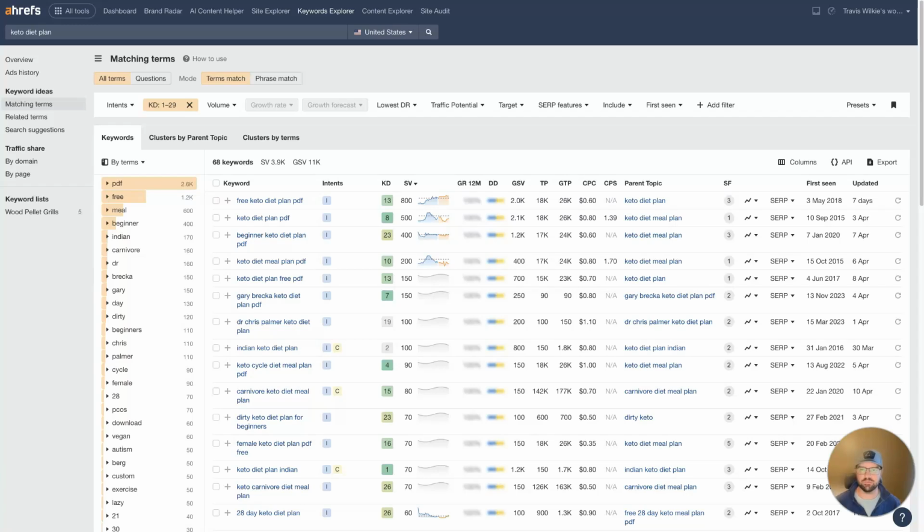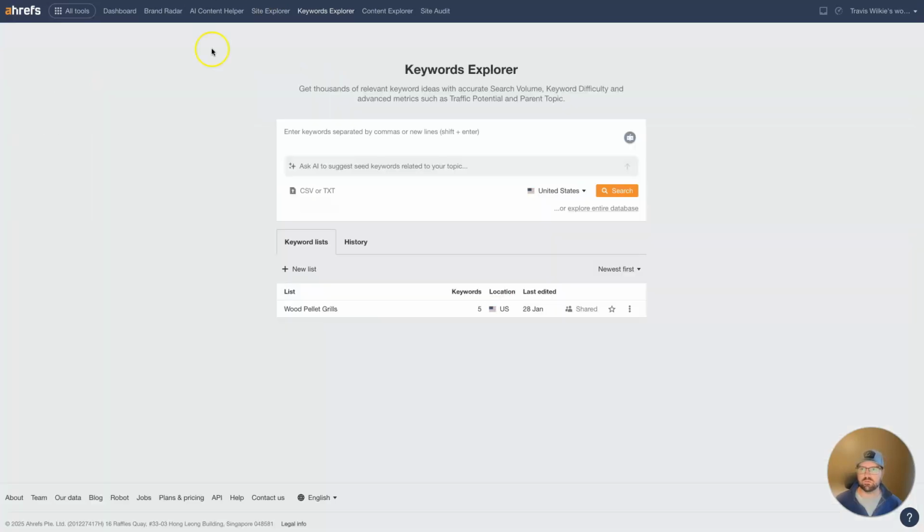Let's take a look at how to find low competition keywords with Ahrefs. Now, if you don't already have an Ahrefs account, it is a paid tool, so you'll need to get signed up before you can actually use any of these features. That being said, once you have your account set up, I like to come over here to the Keywords Explorer